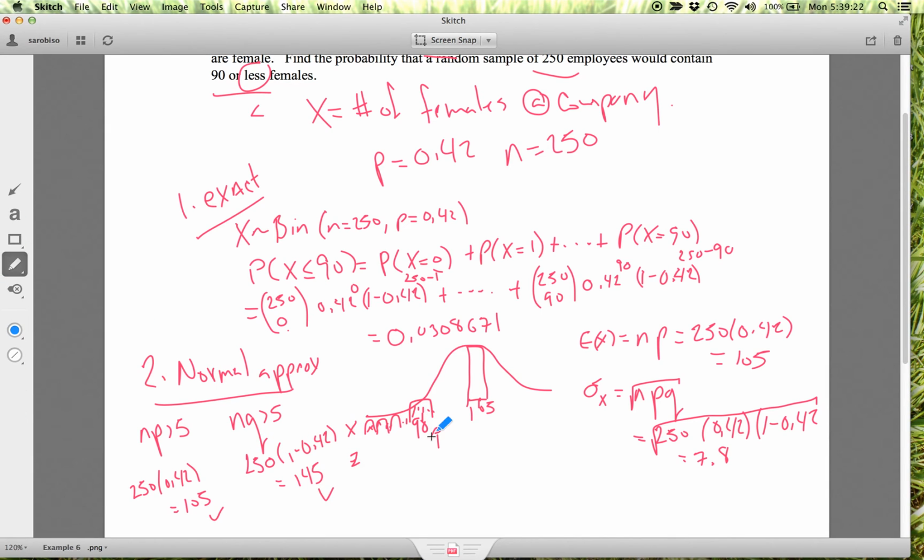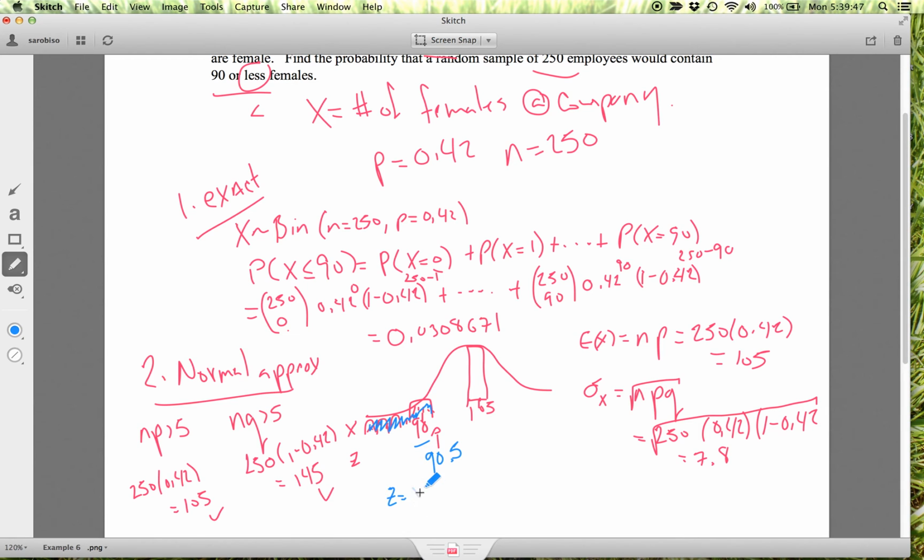Okay, so here what we need to make sure is that we realize that this 90 is in the middle of this rectangle value. And really where we're trying to go is to be all the way to the edge here, which is actually to 90.5, not just to 90. Okay, so with that being said, we can use